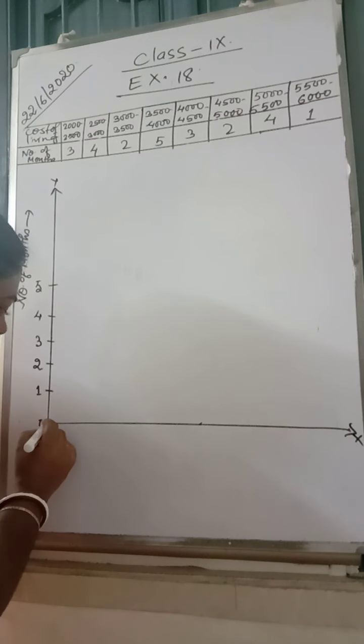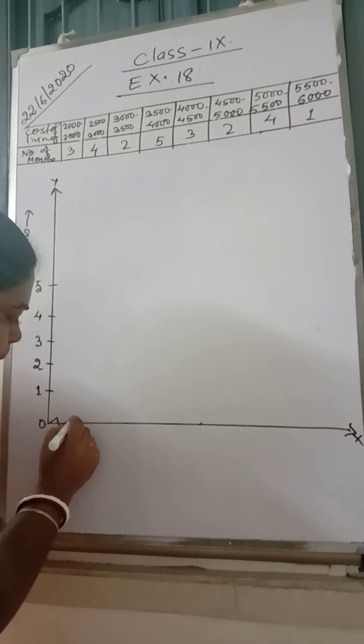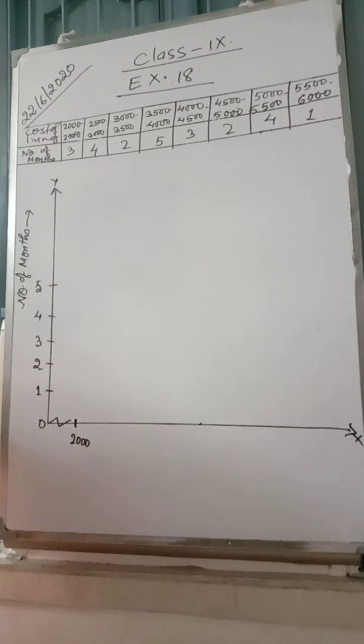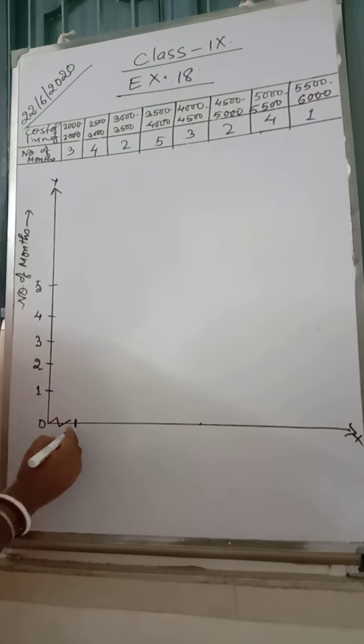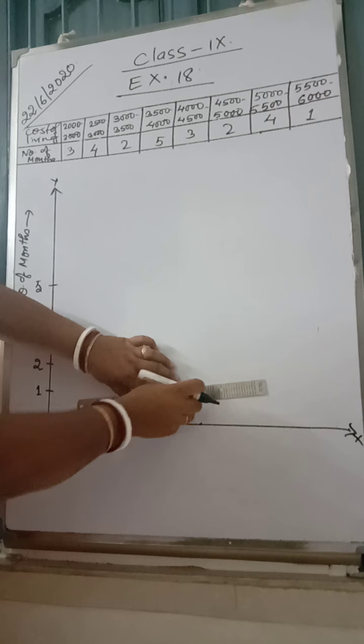Down we have 2000, starting from 2000. So for that what do we do? We give a curved line that represents the gap between 2000 and 0. I didn't need to draw the data from 0 to 500, 500 to 1000, 1000 to 1500 and 1500 to 2000. Just no need, not at all. What we are going to do is draw a curve line that fills all the unnecessary drawings. We didn't need them. We are just drawing from 2000.